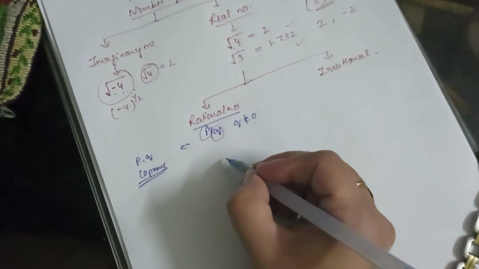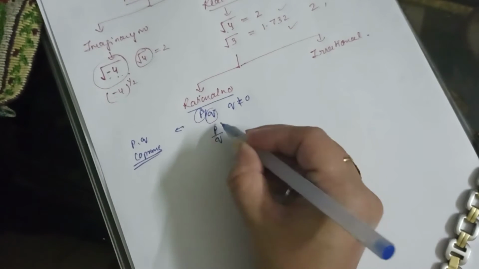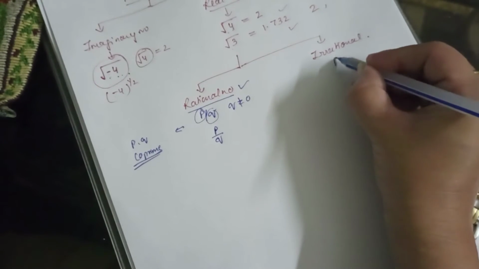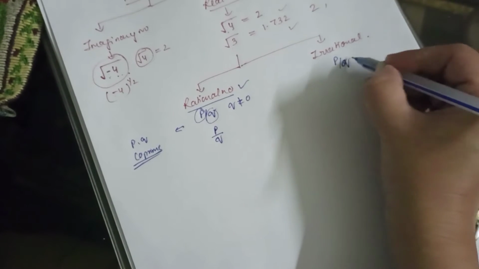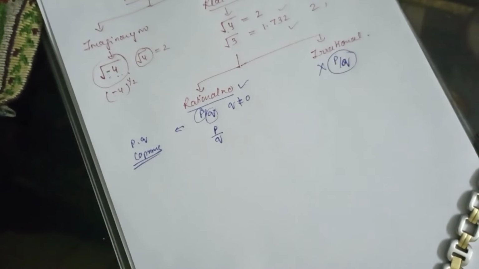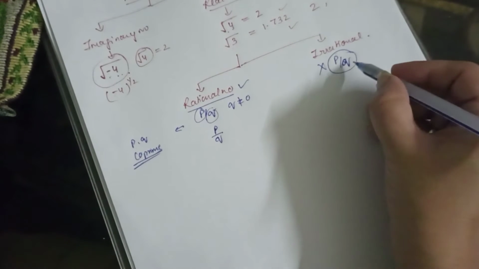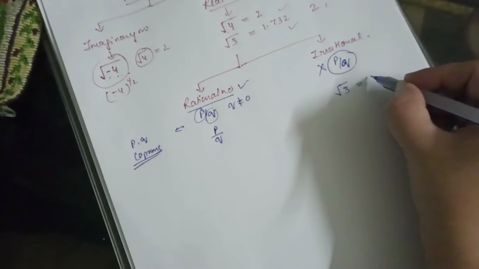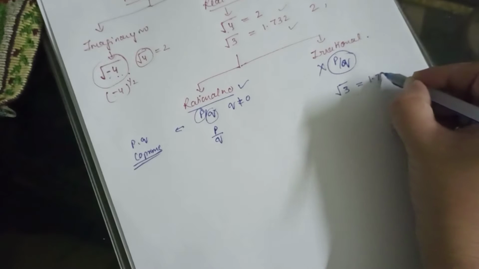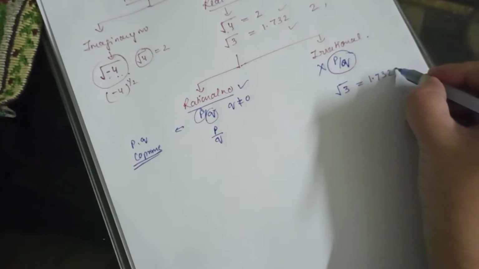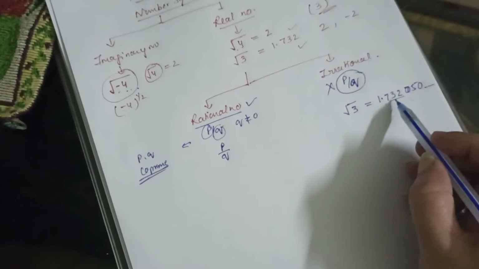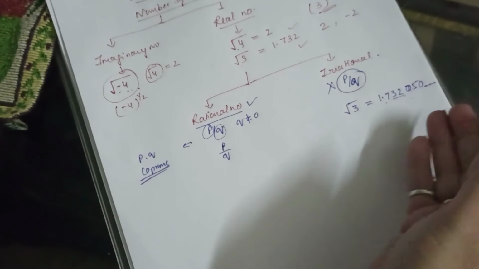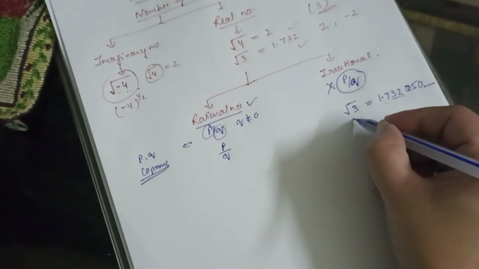So if we can represent any number in p by q form, in this fraction form, then we call them rational numbers. ठीक है, but an irrational number can never be represented in p by q form. This form is not possible in irrational numbers. Like if we take the example of root 3, then the exact value of root 3 is 1.732050 and dash dash dash, means these types of values are known as